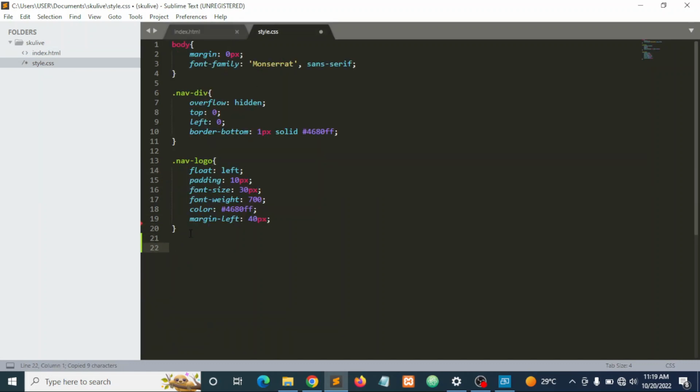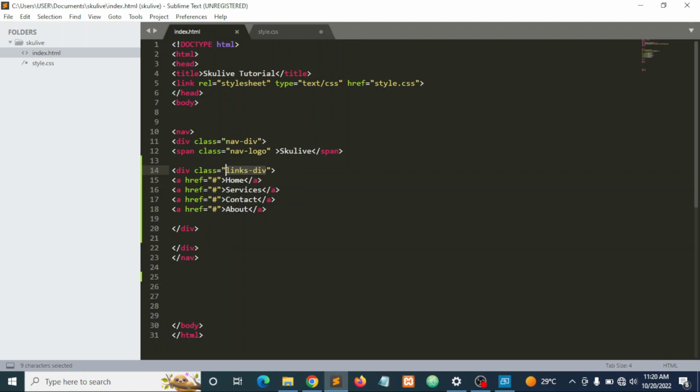All right, so we're going to be doing something kind of new. So we call the class, then we reference what we want to style. So we want to style each of the anchor tags. So it's just like we are following a path. So we are calling the value of this class, links div. I want to just reference this anchor tag, because as time goes on, we're going to be making use of many other anchor tags. All right, so we want to call the anchor tag that is inside of the